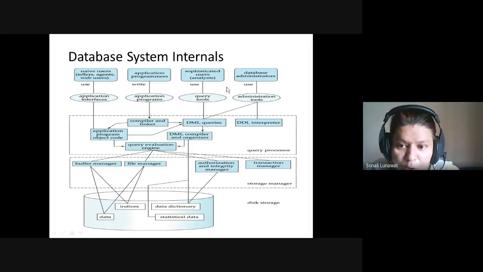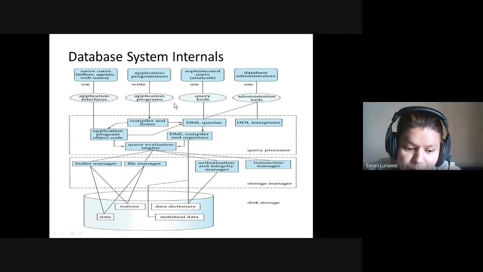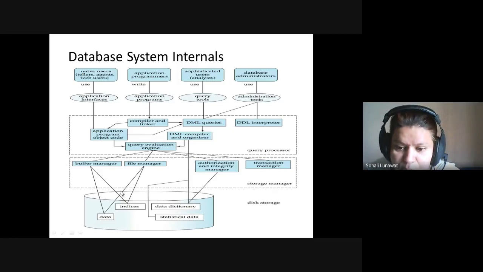Then they all have different tools to connect with your query processor. Now in your query processor, a query is going to be executed or compiled, and then it is going to be evaluated by the evaluation engine. Then comes the storage manager, where you'll be finding a buffer manager, file manager, authorization and integrity manager, and then we'll get the transaction manager. And finally you'll be getting the disk storage of the actual data. We'll be seeing more detail about each and every part in coming slides.